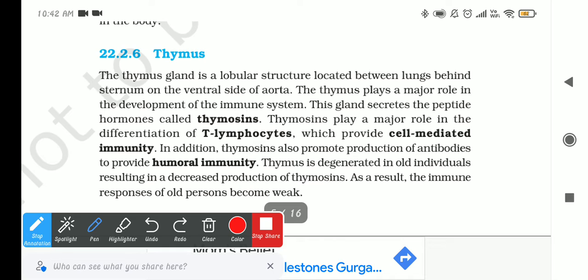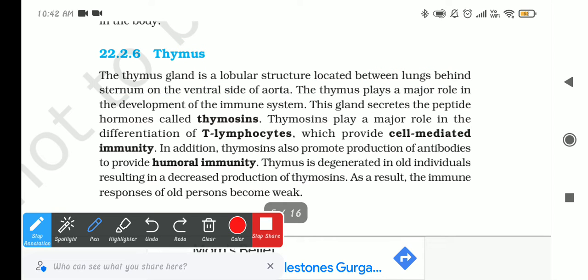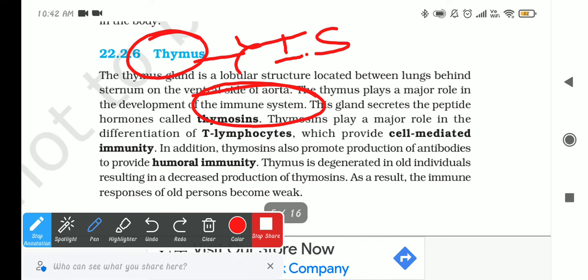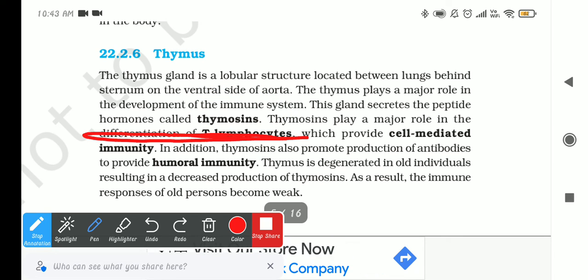Next, we are going to talk about the thymus. The thymus is a lobular structure located between the lungs, behind our sternum, on the ventral side of the aorta, and it plays an important role in the development of our immune system. Please write, it works for our immune system, and the hormone secreted by it is thymosin. Thymosin has a major role in the differentiation of T